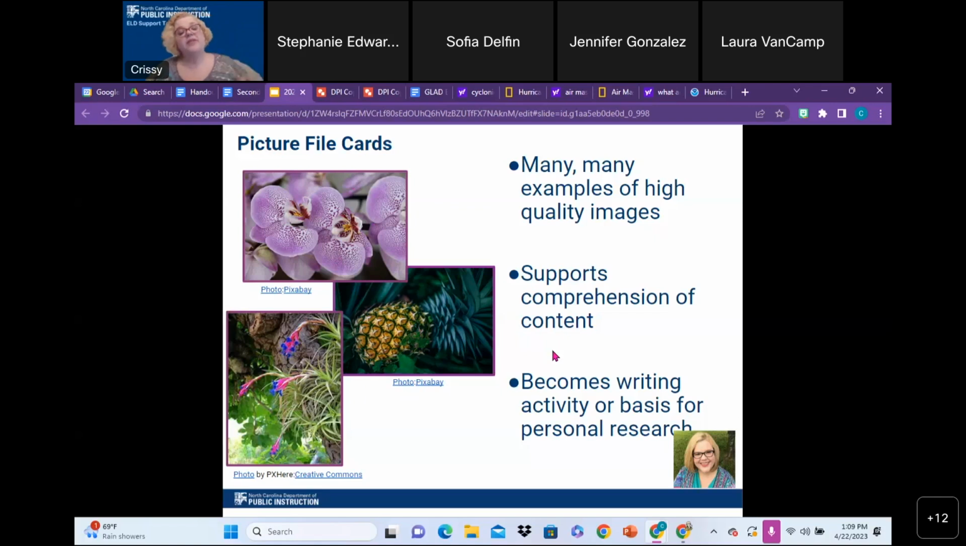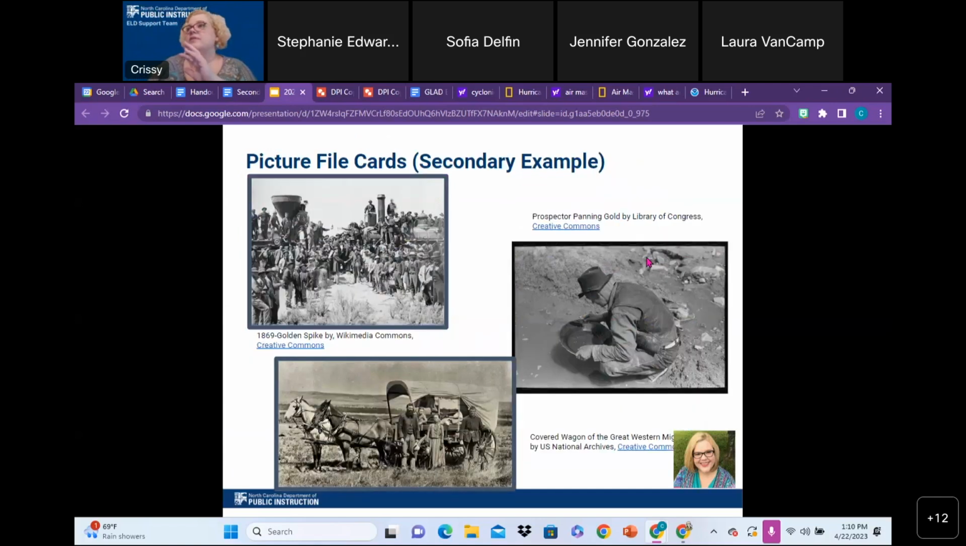So there are so many different ways picture file cards can be used. The great thing about the picture file cards is once you have them, you have them. Once you have a set, you have 10 minutes at the end of class and you're thinking, I want to reinforce their learning. Let's pull out the picture file cards. The picture file cards can be used in a couple of ways, and I'm going to show you that. Here are some examples of some secondary picture file cards. The ones we just saw were for Laura's